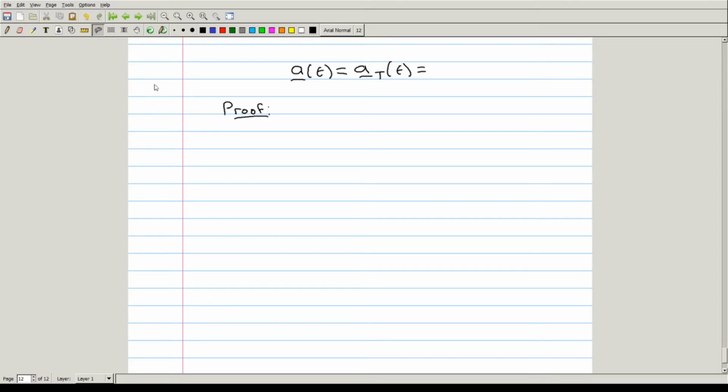For a more direct proof of this, we can see this directly using the definitions. If v is constant, then the derivative of v with respect to the parameter t is 0. And we know that t hat is defined as the unit tangent, or the normal tangent vector divided by the magnitude of that normal tangent vector,